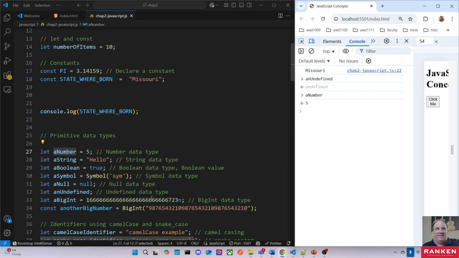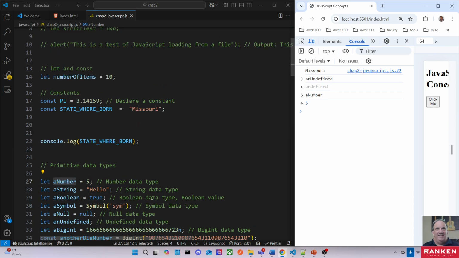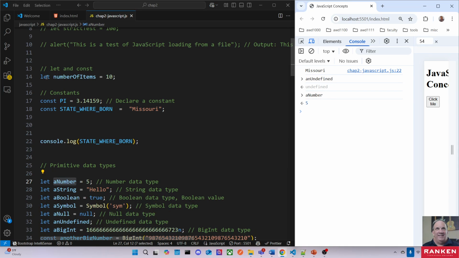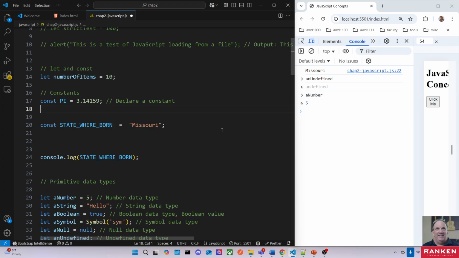Let's see. All right. So we have let and const. So const is a constant, right? And then let is another way for you to describe your data. Well, let me show you kind of the difference here on a couple things. So if you got a const named pi here, right? So if I go ahead and try to do this, let's say I try to do pi equals, okay,